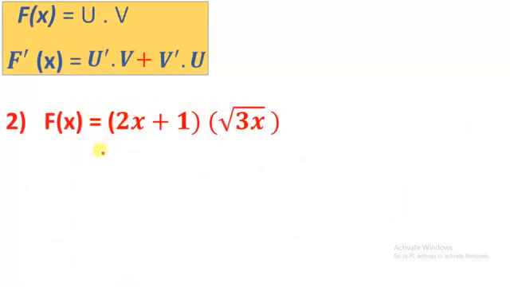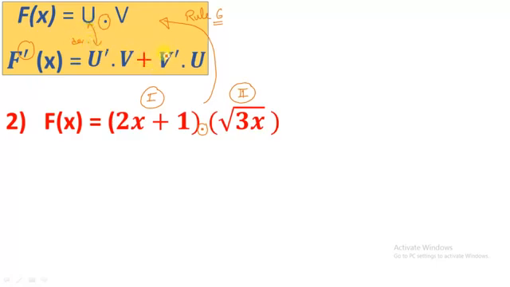If I have the function f of x equals 2x plus 1 multiplied by radical 3x. This is the first function, and this is the second function, and f of x is the product of two functions. Then directly we will go to rule 6 that says if I have f of x and it is the product of two functions u and v, then its derivative is the derivative of the first function multiplied by the second function